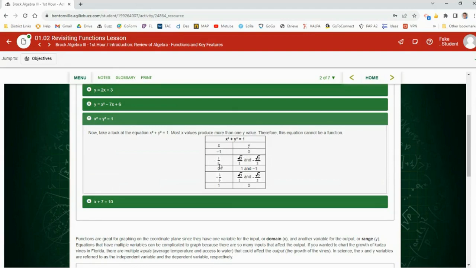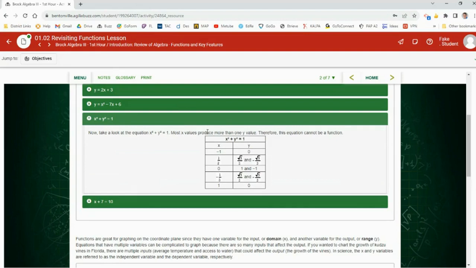How about when we substitute a half? Well, if you substitute 1/2 in for x, the y could either be square root of 3 over 2 or negative square root of 3 over 2. If we substitute 0, then it could be 1 and -1. Notice there are two different y values for some of the values of x. When you substitute 1, there's only one value, -1. But there are x's that have more than one y value,